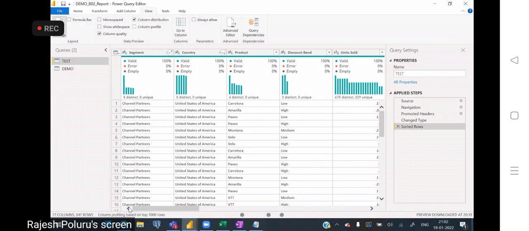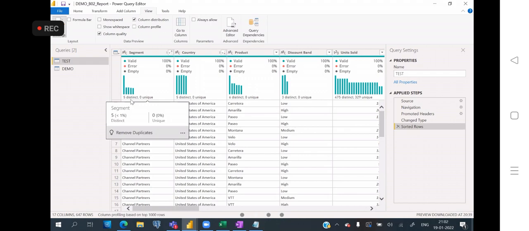So what we are telling the system is, I want to see the column quality. Column quality means how many valid records we have, how many error records we have, how many empty records we have. The same way we are telling the system, I want to see the column distribution: how many unique values we have, how many distinct values we have. That is the simple way. Another one is